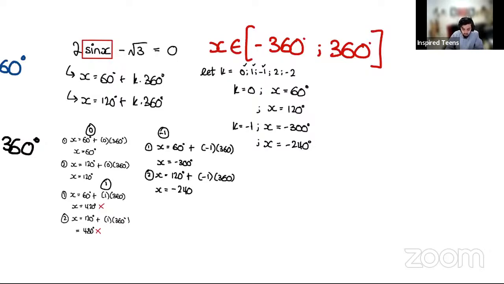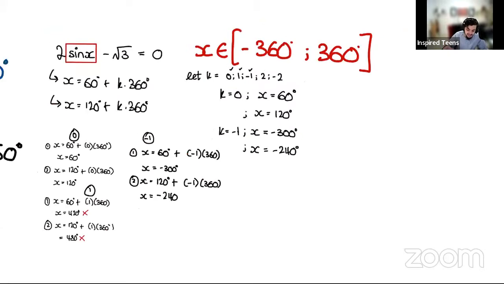Okay, when I try 2 for the first equation, it doesn't work. I get 840. When I try, sorry, for the second one, I get 840. For the first one, I get 780. So now the numbers are massive and they're just going completely out of range. Now, if I try -2, I get negative 660 and I get negative 600. Okay, so also beyond the range towards the left side. So once both numbers don't work, that's generally when you're out.